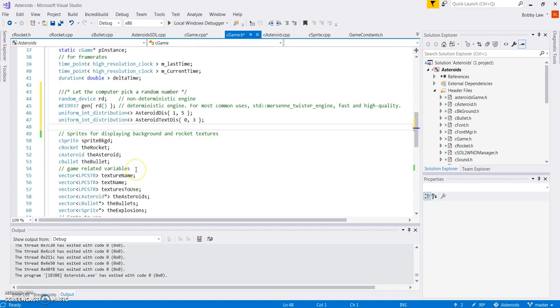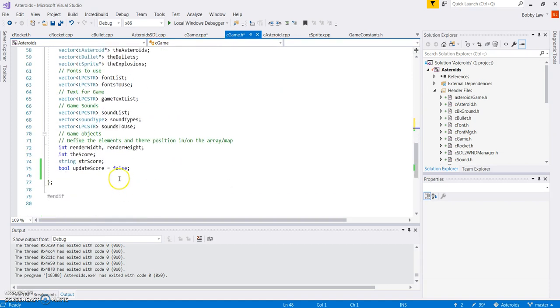Now while we're here, in order to spawn an extra wave, we're just going to use a simple frame counter, and we're going to say int frames, and we're going to set that to 1. Okay, and then we'll use that again later on inside the update code. So we'll go back into